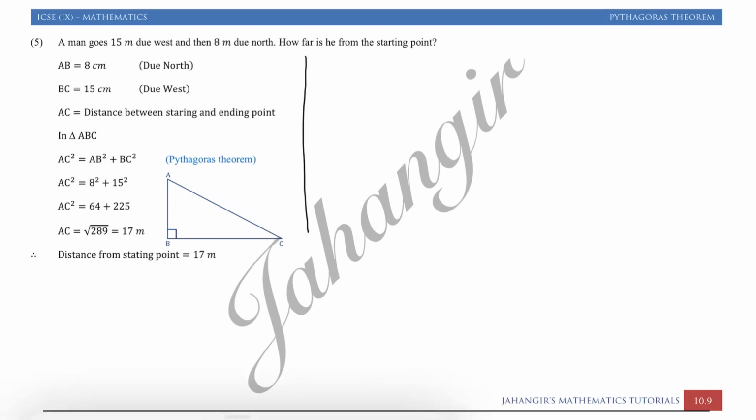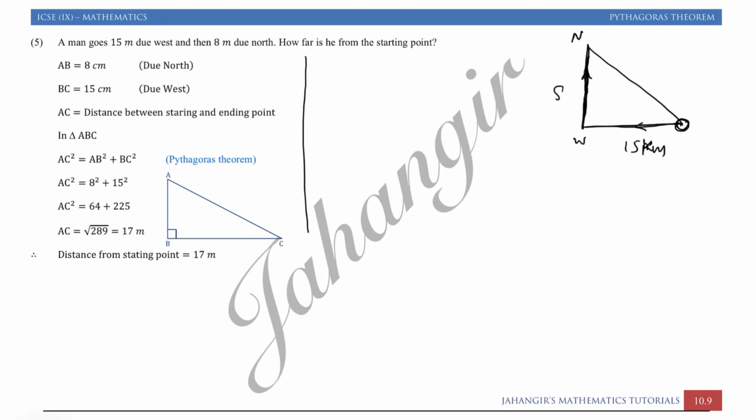A man is at sea. Let's say a man is at sea. It is walking due west. This is west part. It's going west here. Man is over here. This is the position of man. Dot and circle is the position of man. The man goes 15 km due west and then 8 km due north. North is up this part. 8 km north. So we have to find, okay, how far it is from the starting point.